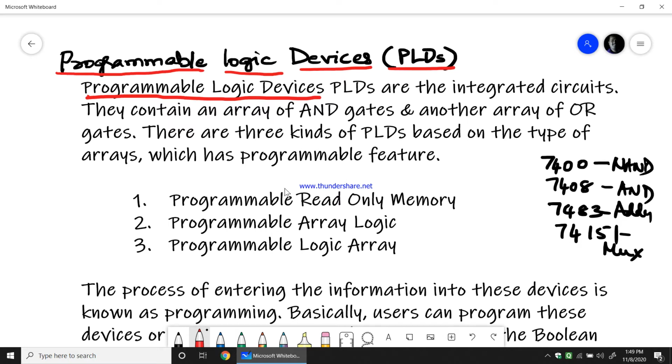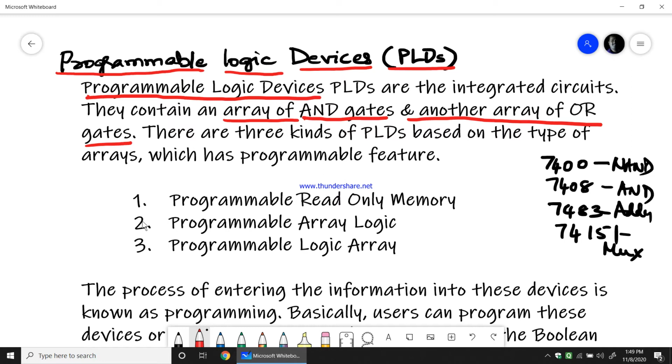So what do programmable logic devices contain? They contain an array of AND gates. An array means a group of AND gates. You will have more than one AND gate and that becomes an array. It also has an array of OR gates. Therefore, the programmable logic devices are programmed to do multiple tasks.